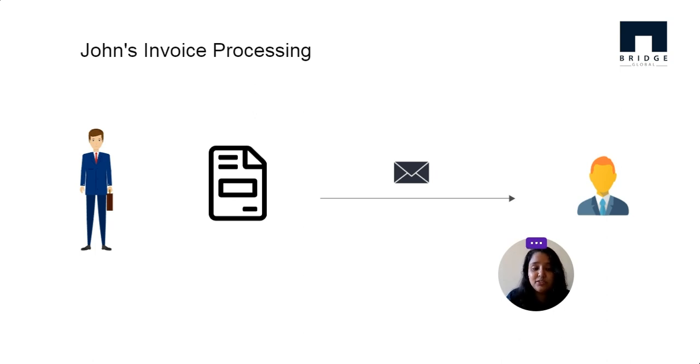RPA uses special software, for example UiPath or Blue Prism or Automation Anywhere. With the help of that tool, instead of John doing it by hand, the robots can do it for him. So, the process is very simple. John's everyday routine task is to collect all the invoices. He notes them in Excel, and then he sends them to his superior. So this takes him up